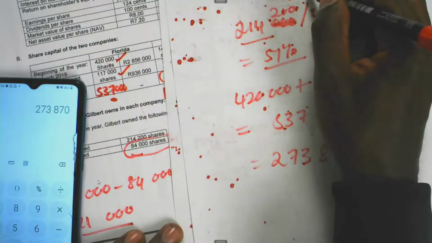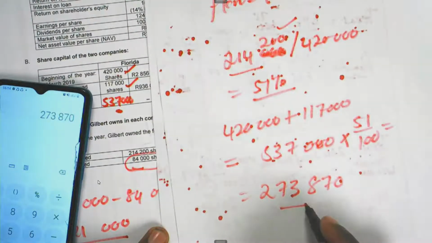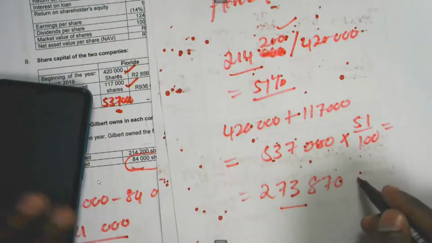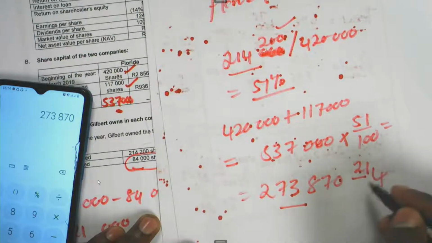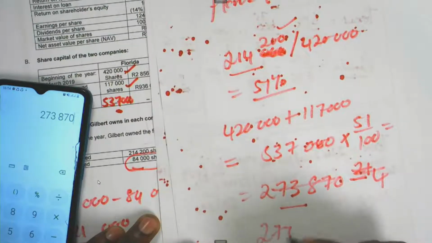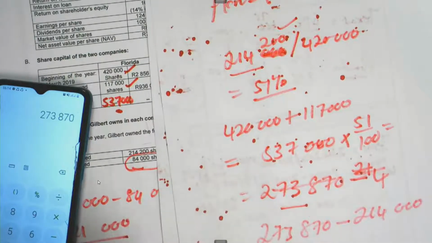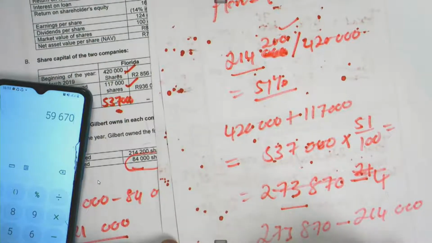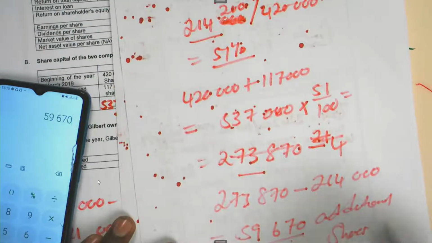Now, how much does he currently have? He has 214,200, and he must go to 273,870. So the additional shares that he must purchase will be the difference: 273,870 minus 214,200, which is going to be 59,670. This will represent the additional shares that Gilbert will have to buy in order to maintain his 51%